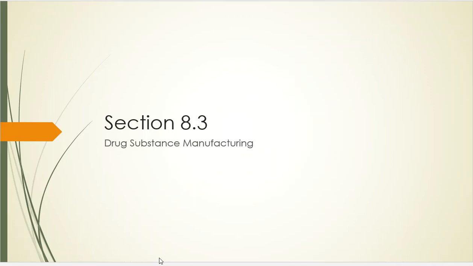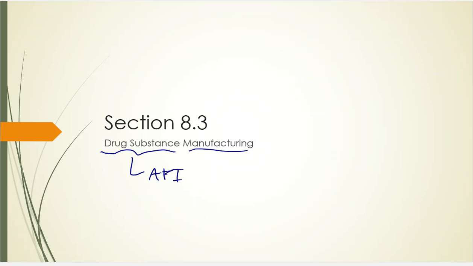Okay, in the last video, we stopped here in section 8.3, and section 8.3 is called Drug Substance Manufacturing, and you were like, what does that even mean, Tracy? I don't know what that means. Okay, well, that's fine. It's manufacturing, which means making, and the drug substance is all about the API, which is